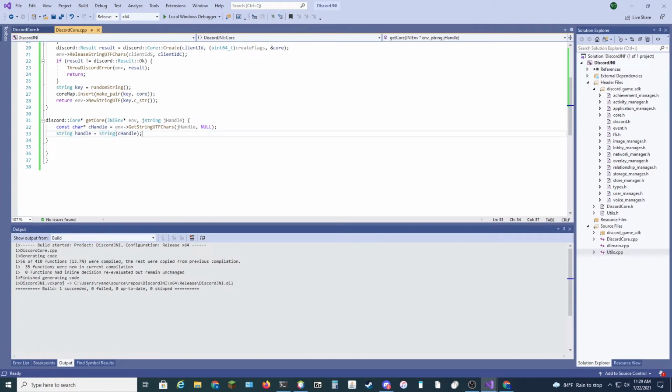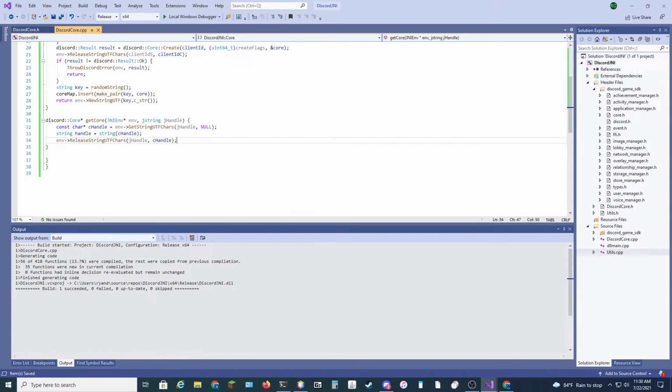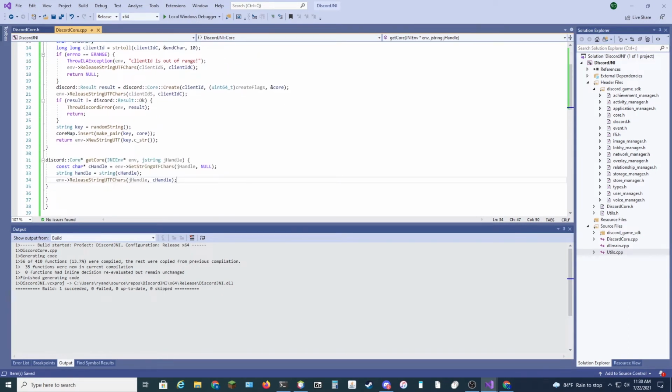Alright, in that case we should be able to env release chars J handle C handle, and then after that we have this handle, which we can then say